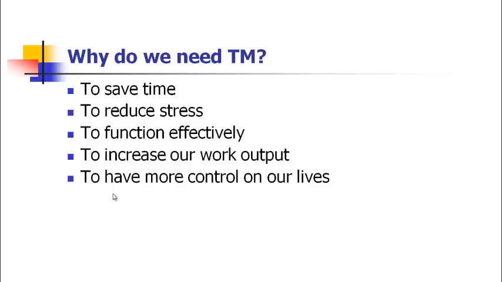Okay, and so these are quite a few things. Then let's focus on increasing our work output. Again, I talked about efficiency; it's nothing but the same. To increase our work output, we want to have knowledge of time management, to have more control over our lives. Everybody wants to be in control of their life. Everybody has their own goals in different domains of life. Say there are 4 domains you can broadly identify: mental, physical, social, and spiritual.